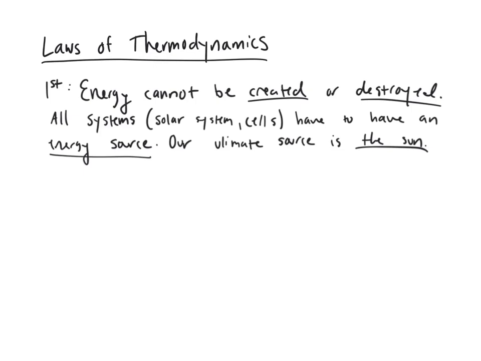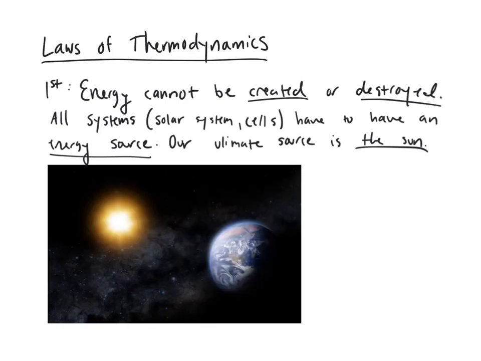Our energy comes from the sun. We eat food. If you trace all of our food sources back, it goes to plants. Plants make food using sunlight. Solar radiation is going to come in to our planet from the sun. And a lot of energy does release off of our planet in the form of heat,